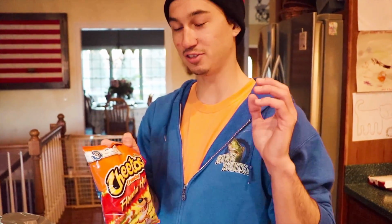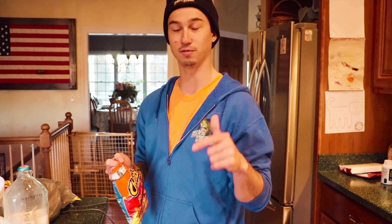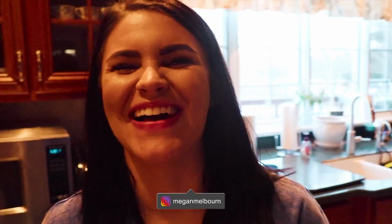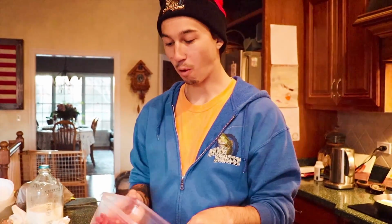Splash of milk. The main part that I wanted to try, I've seen a ton of people do Cheetos, obviously the panko, a ton of different breading, like Italian breading stuff, and they could also do Doritos. And I want to try, I love hot food. I always do the Cajun and the butter, but for the last ice catch and cook of this year of 2020, I wanted to try the hot Cheetos. So shout out to Matt for being behind the camera today. I think the best way to break these up